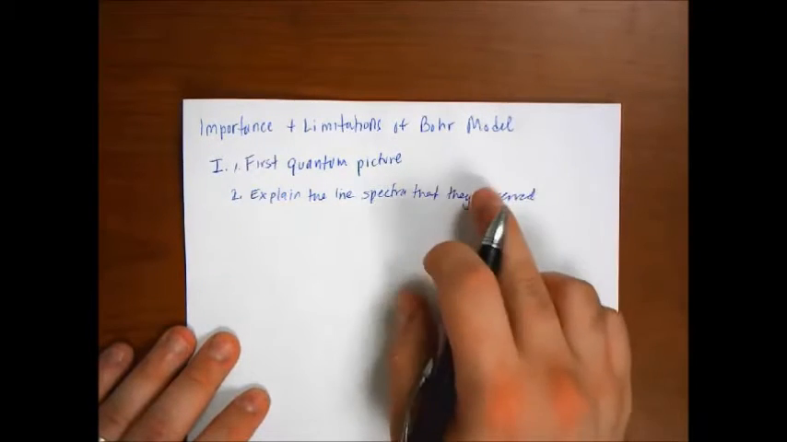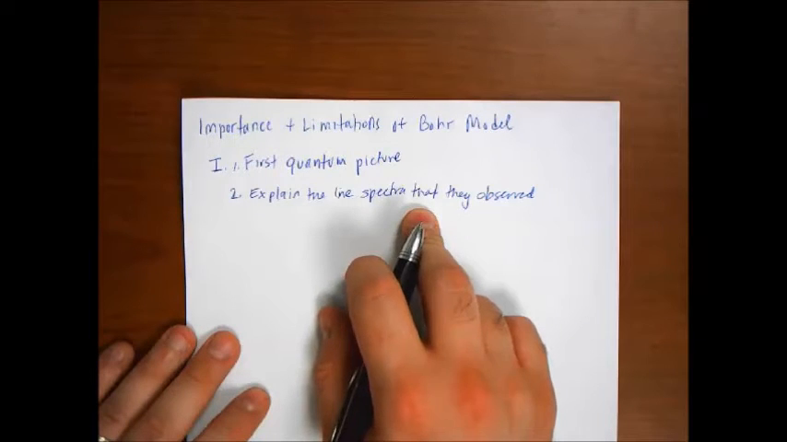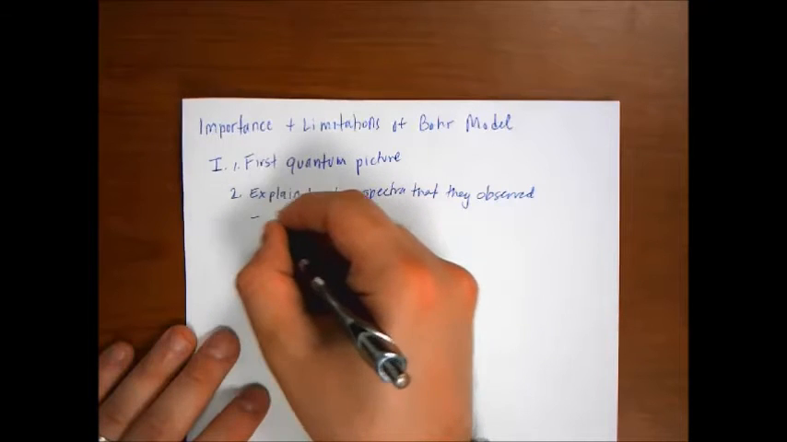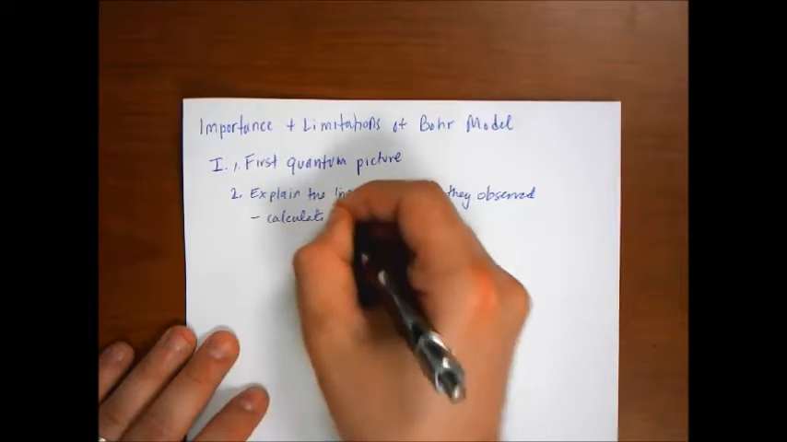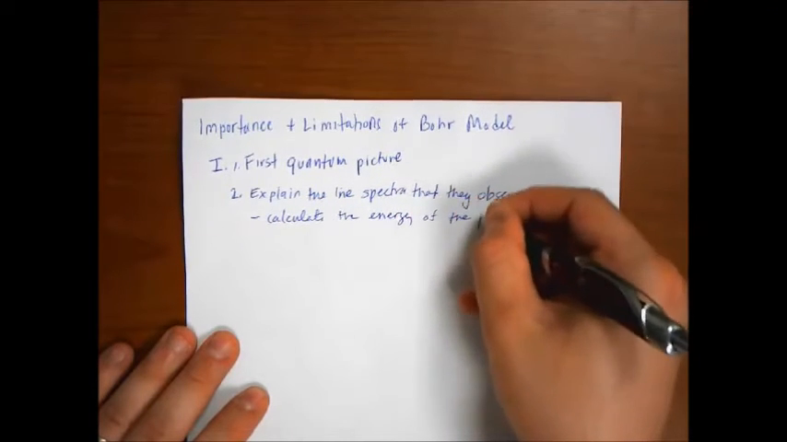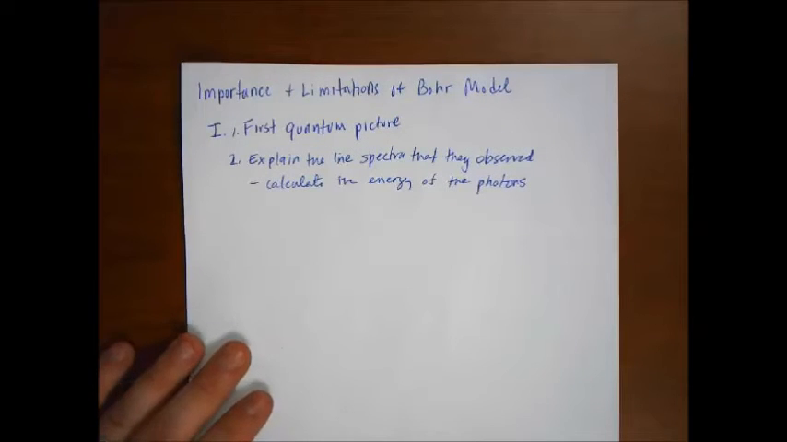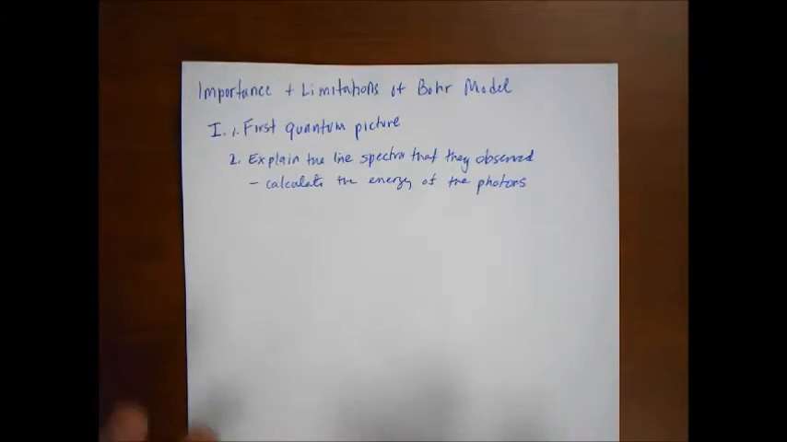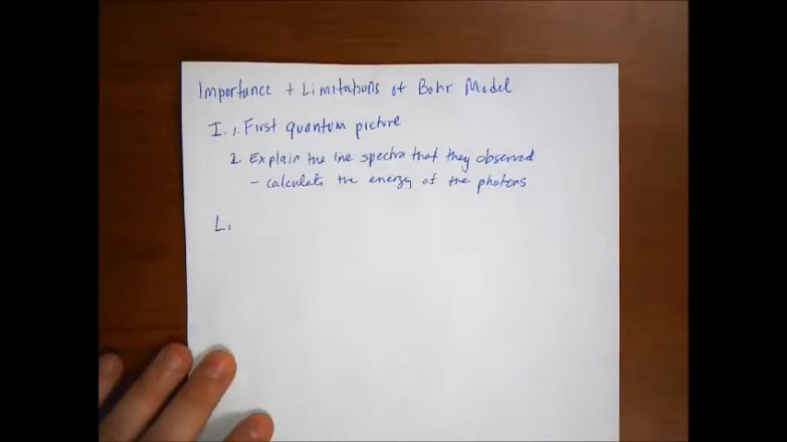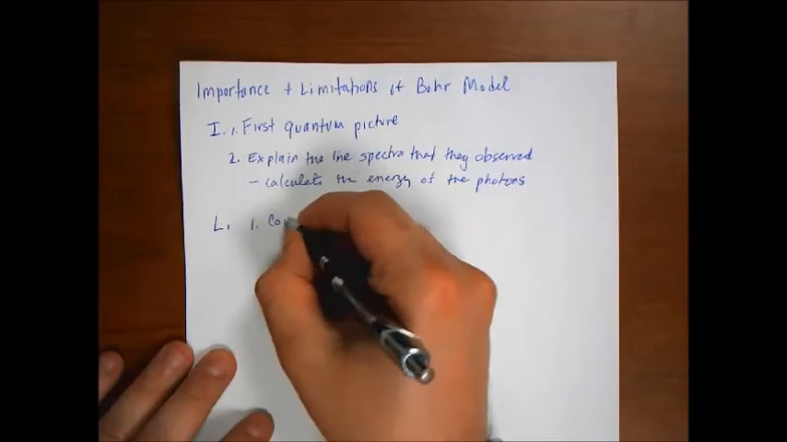To an extent, and basically what I mean by this is they were able to calculate the energies, so they could calculate the energy of the photons that were emitted. But the problem with this was that it didn't explain everything. So when we talk about the limitations, the Bohr model could not account